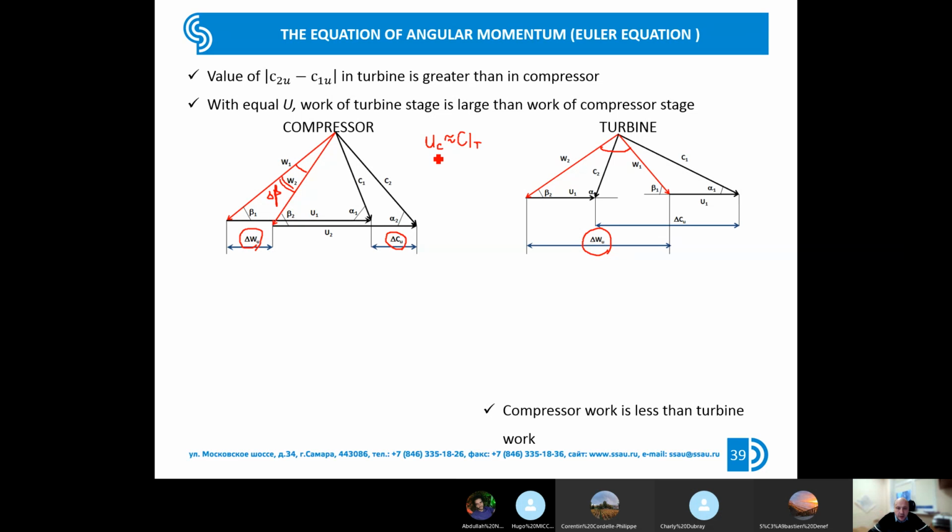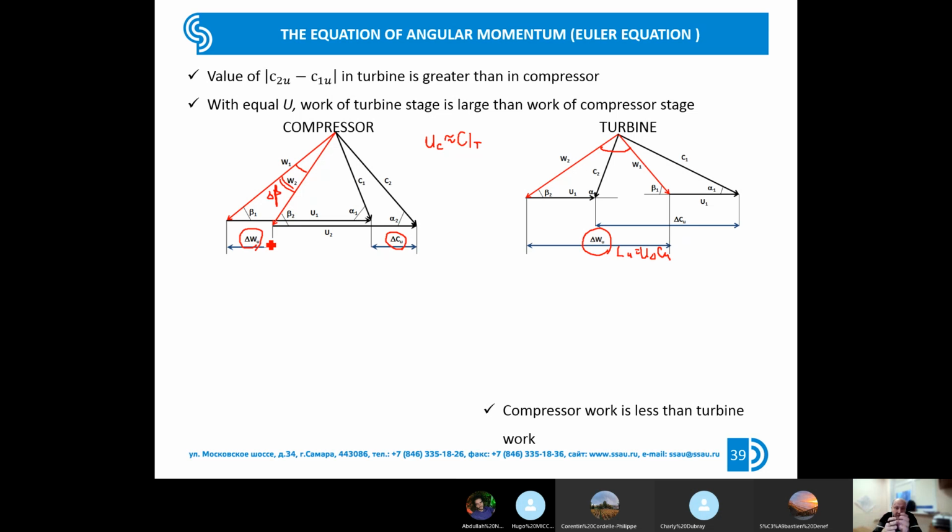So, if we make the circumferential velocity in the compressor approximately equal to the circumferential velocity in the turbine, we will find that the turbine creates a huge amount of specific work. And we are supplying this specific work to the compressor. But because the value of the delta W is limited in the compressor, we couldn't supply this energy in one stage